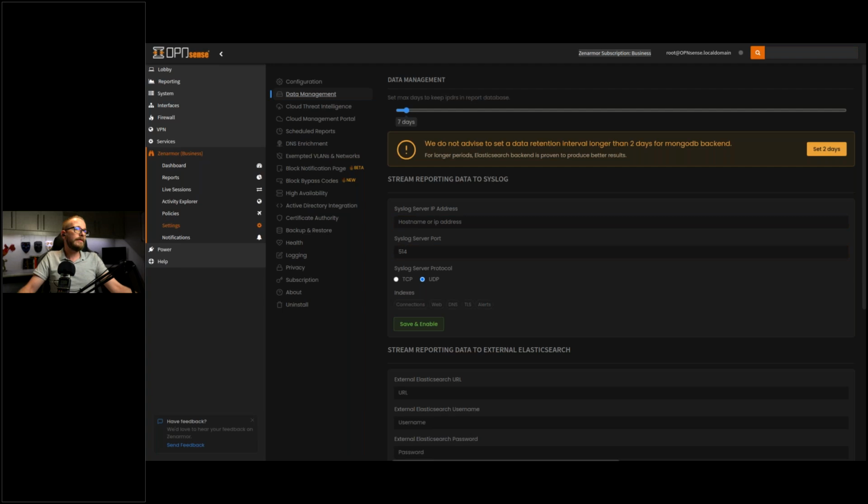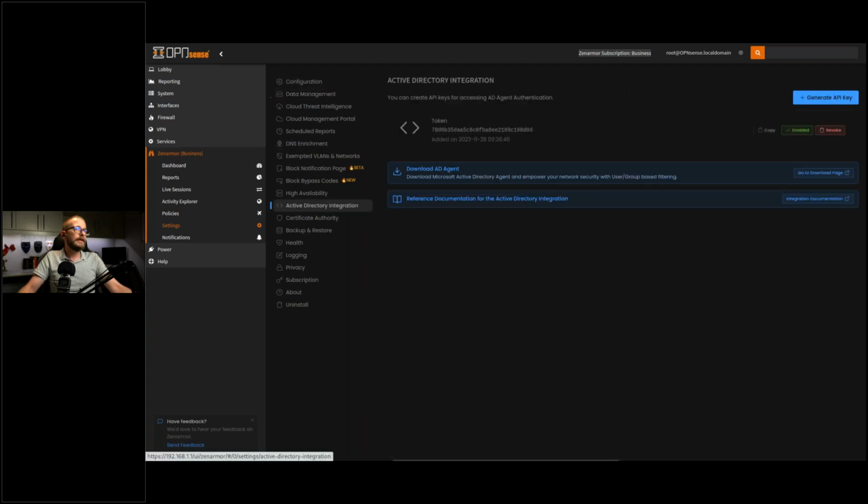Then the other integration that I want to show you is the Active Directory integration. So in the policies, I briefly explained that you could filter your traffic or apply policies to groups and users. So if you have an existing Active Directory running on your network, you can integrate Zenarmor directly with that particular Active Directory, and then it will bring all your already created users and groups from AD into Zenarmor. And from there, you'll be able to then create your policies to filter and to apply for those particular groups.